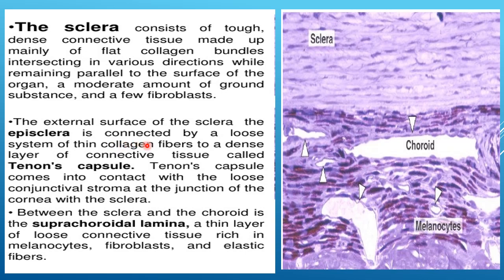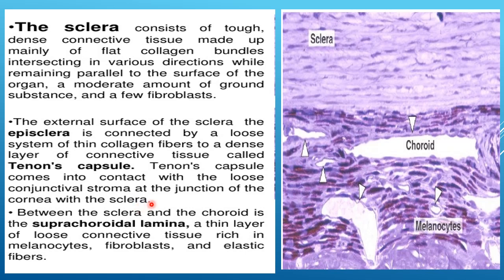The episclera connects the sclera with the fibrous sheet of the eyeball, which is Tenon's capsule. So Tenon's capsule comes into contact with the loose connective tissue, and then that connects the sclera with the conjunctival